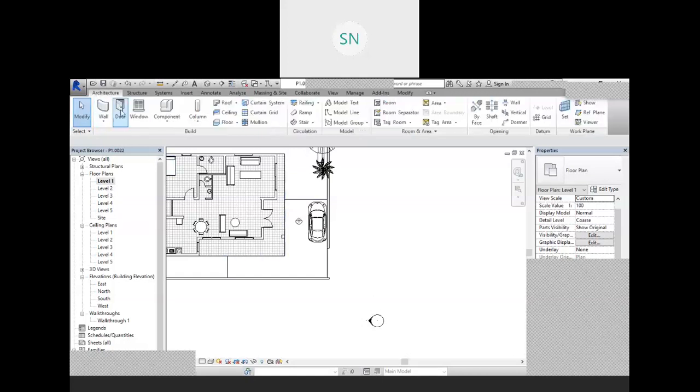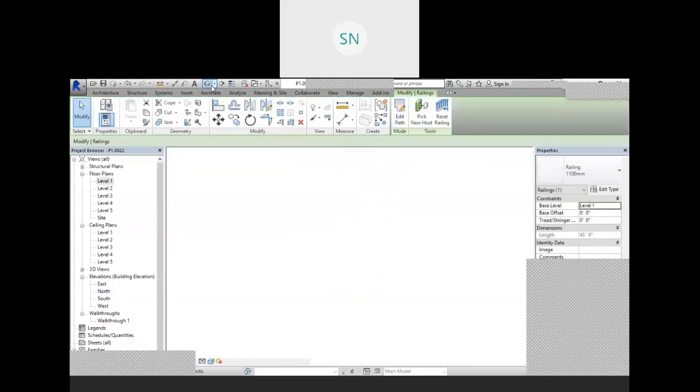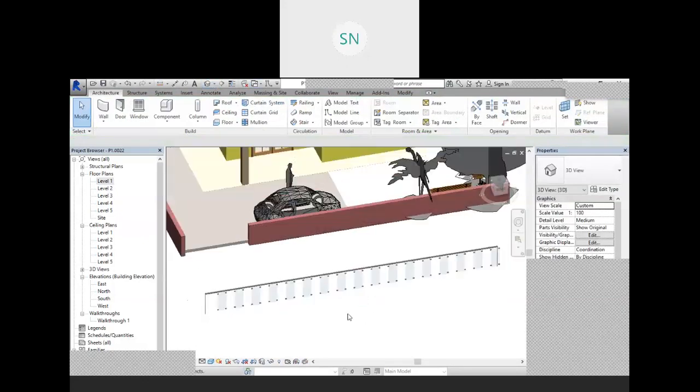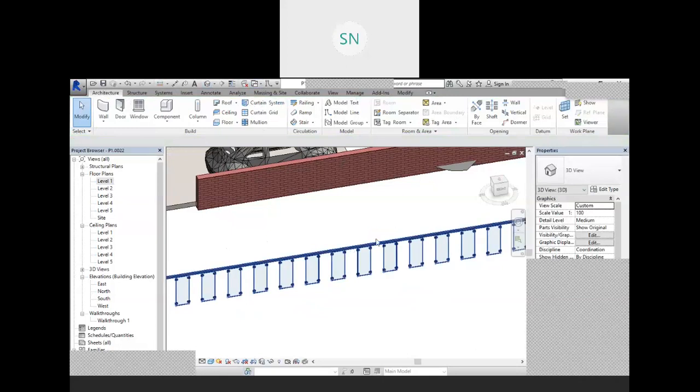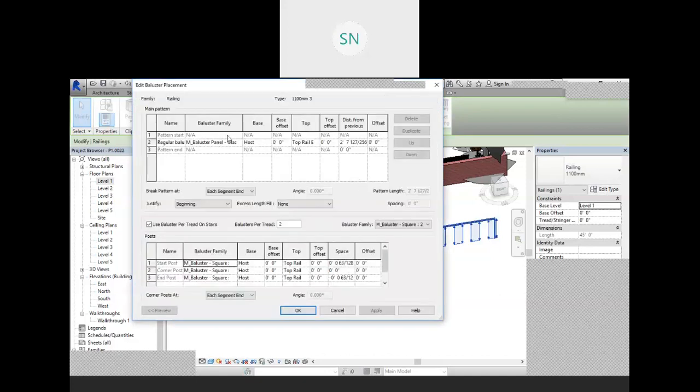So when you create a railing, okay, now go to the 3D view, select your railing, click on edit, and take a duplicate one. Okay, now go to the baluster placement, and from here you can choose your glass panel. We have two types of glass panel. So this is our glass panel with 24-inch. Click on OK.